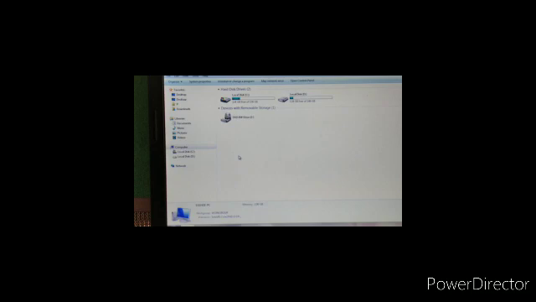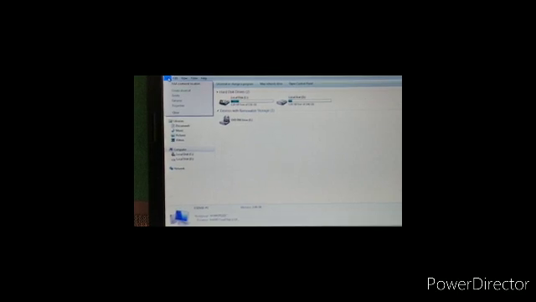inside your computer. At the left side you can see different options. You can use those options. File option, you can see the file menu, the edit menu, view.